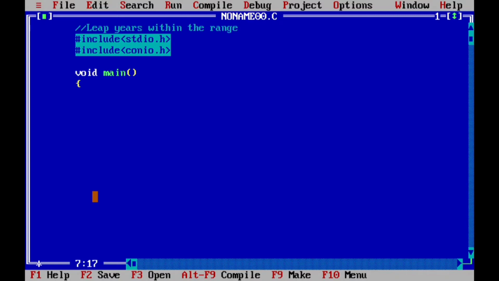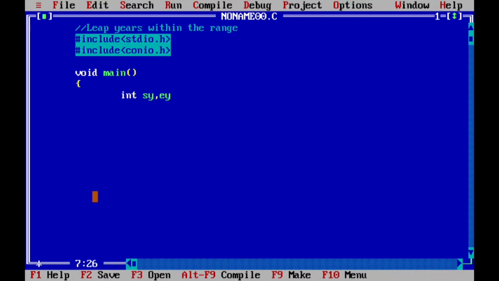So take two variables. Which type of variables? Integer type of variables. What is the data type? Int data type. So int, I want to place the starting year in a variable sy. This is your wish, but I want to take it like this: sy for starting year and ey for ending year. From 2010 to 2021, that is the range given in the question.